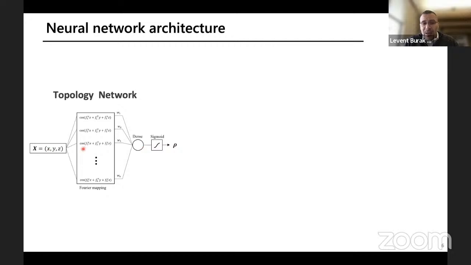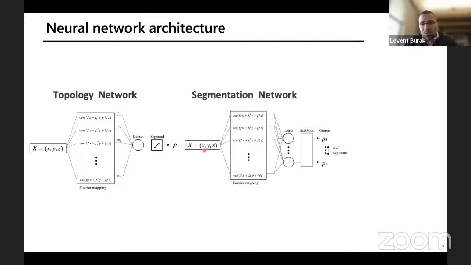So we have now a relationship between a coordinate XYZ as input and the resulting density that will be used for doing material hypothesis. Likewise, a very similar structure is then used for segmenting the part. So the segmentation takes into account similarly the XYZ coordinates from a given original unoptimized domain.